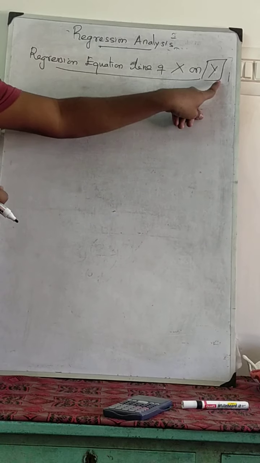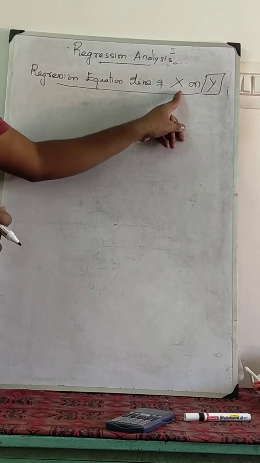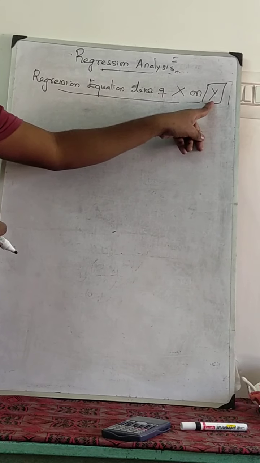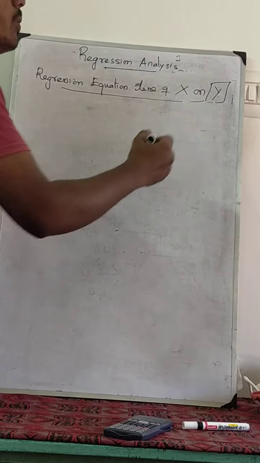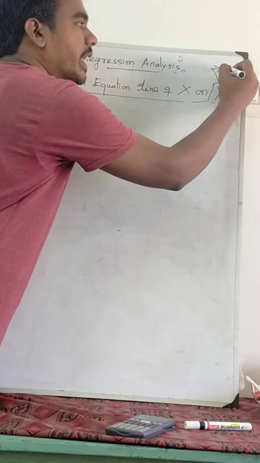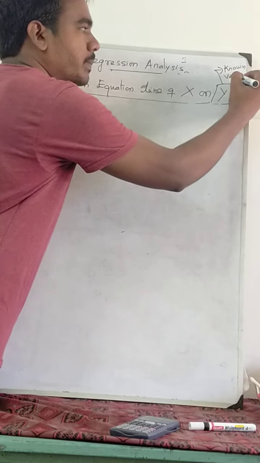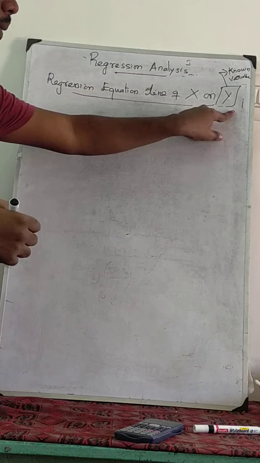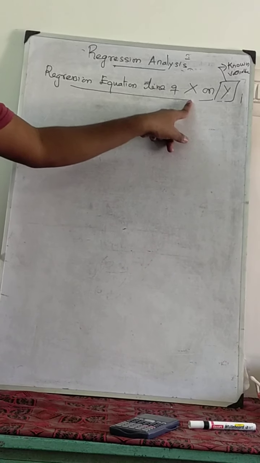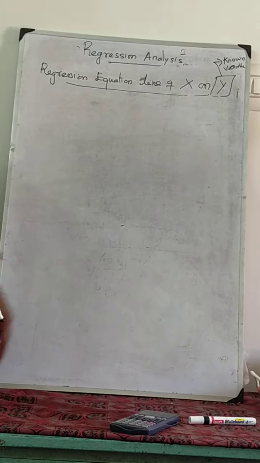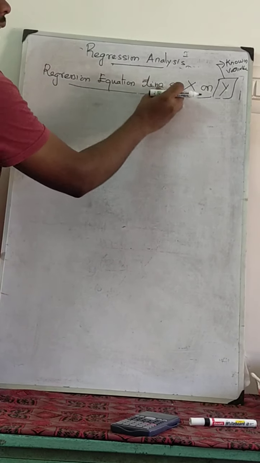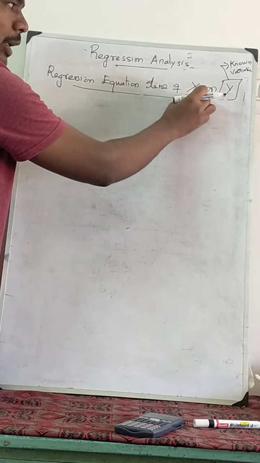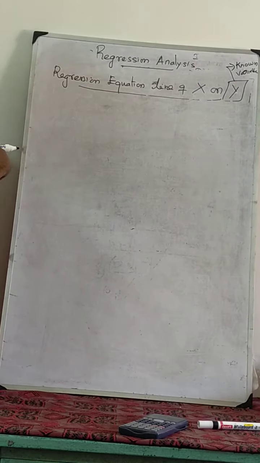Okay. So to do the manual calculations, the y value will be given. If the y value is given in the problem, we have to find out the x variable. I told you y is a dependent variable, otherwise known as the predicted variable, or otherwise known as the known variable. So by using this known variable, we are going to find out the unknown variable. The unknown variable is x. So when we use the known variable to find out the unknown variable, we have to use this regression equation line.